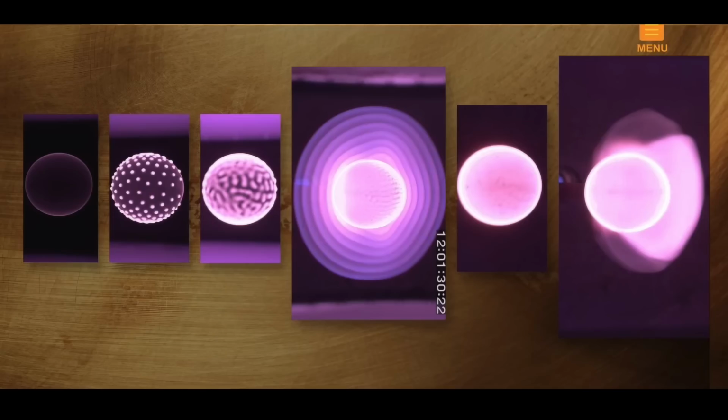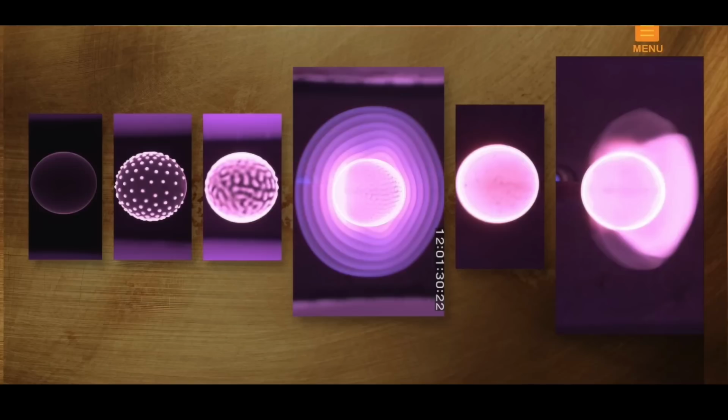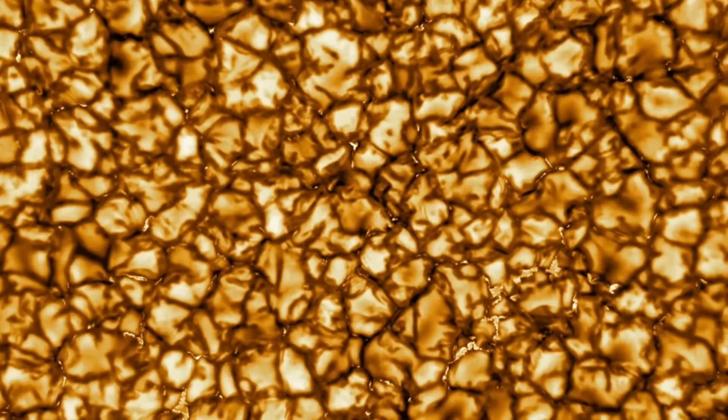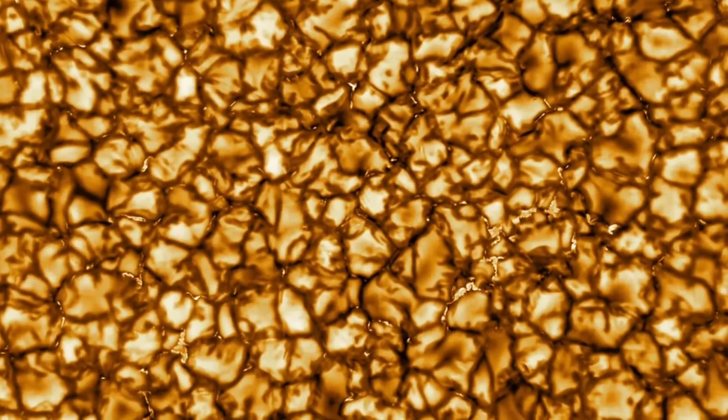This series of images was obtained by the SAPHIR team. It shows how filaments begin to form on the surface of the anode in the low current density region of the arc mode, that's points J to I. Point I corresponds to the top of the photosphere where such cells are visible. Classical astronomers talk about seeing granules on the surface of the sun, or they talk about the tops of convection columns when they see the tops of these filament plasma tufts on the photosphere.